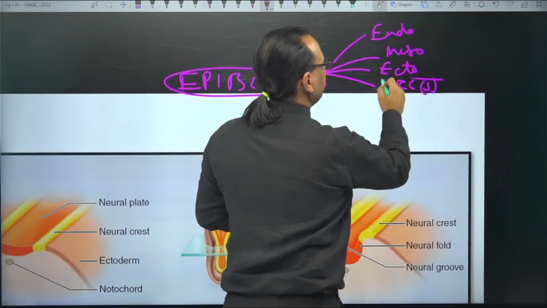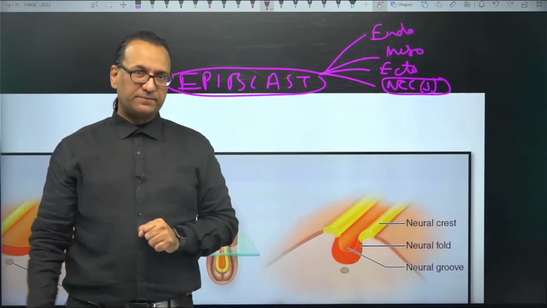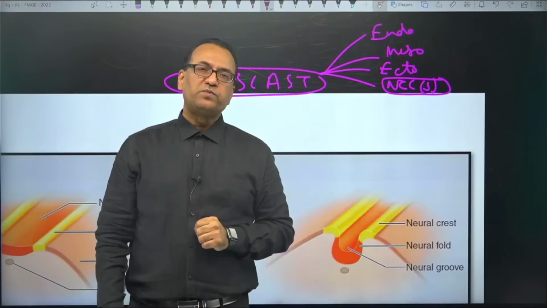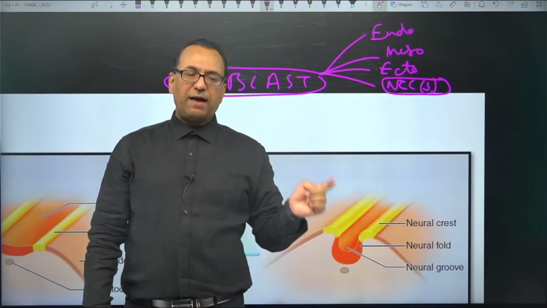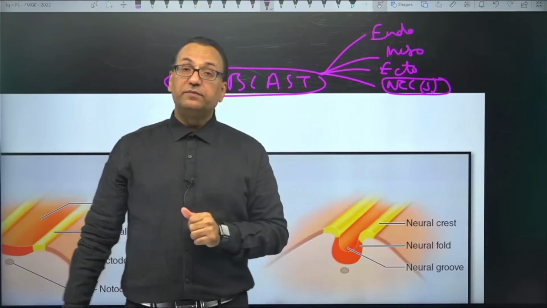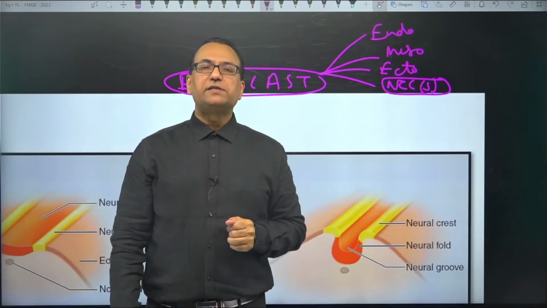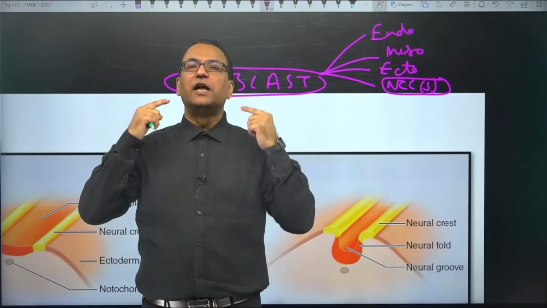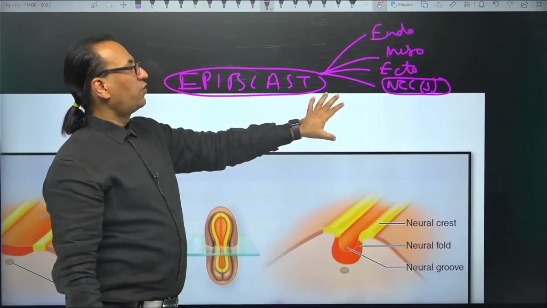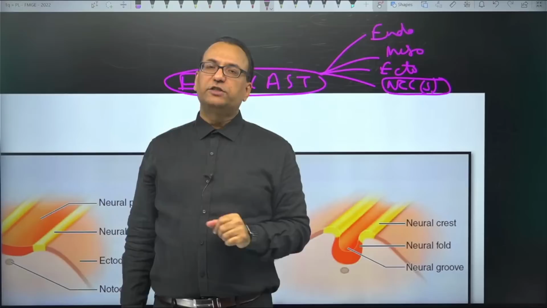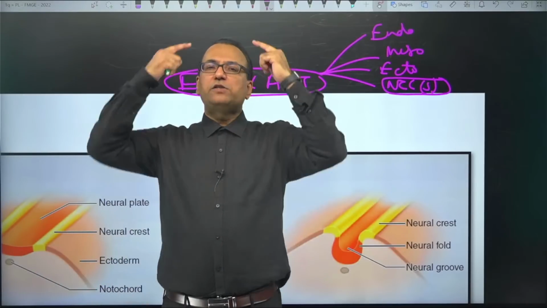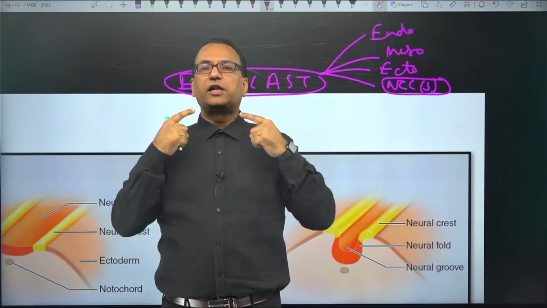Now neural crest cells are migratory cells. They come from epiblast, they are migratory cells. They migrate. What will happen if there is abnormal migration, like a question which keeps coming all the time? Abnormal migration of neural crest cell to the head neck region: DiGeorge syndrome. So DiGeorge syndrome is a problem of neural crest cell migration. What will be the problem? Problem is, in DiGeorge syndrome, we may not have a proper formation of the skull bones,